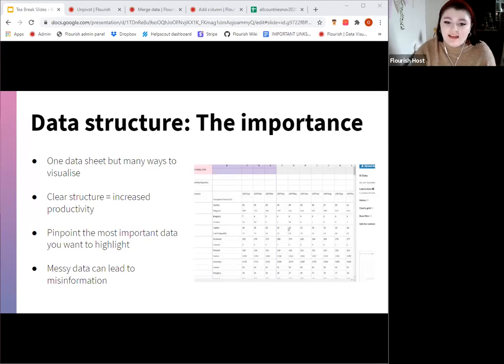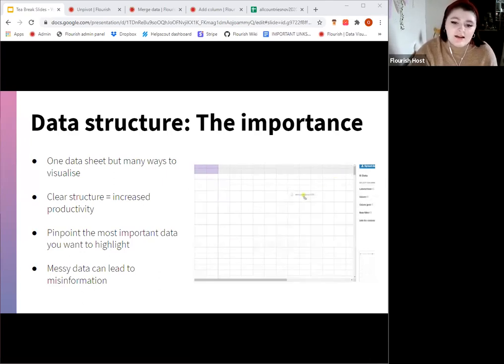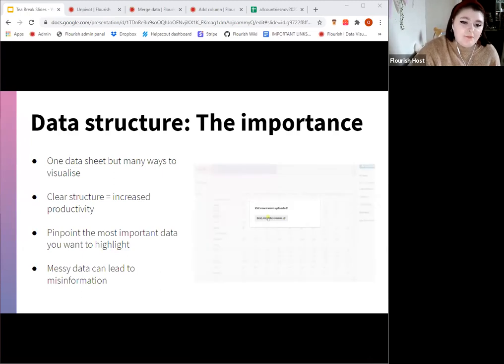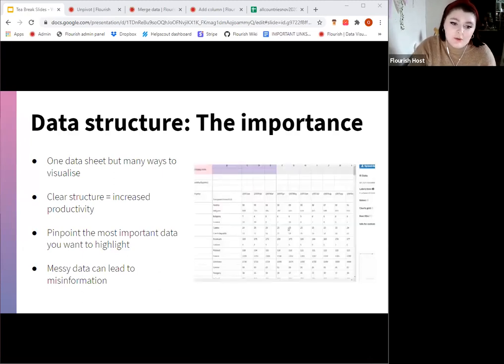I know personally, if I want to look into the stories, I need to do a few things to the data, just so I can really understand it and really get the stories from it and make sure that I'm doing it accurately. That's why data structure and organisation is so important.